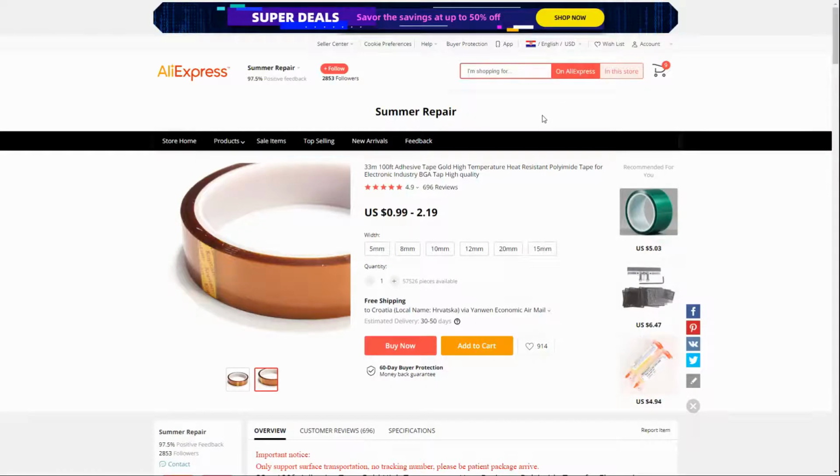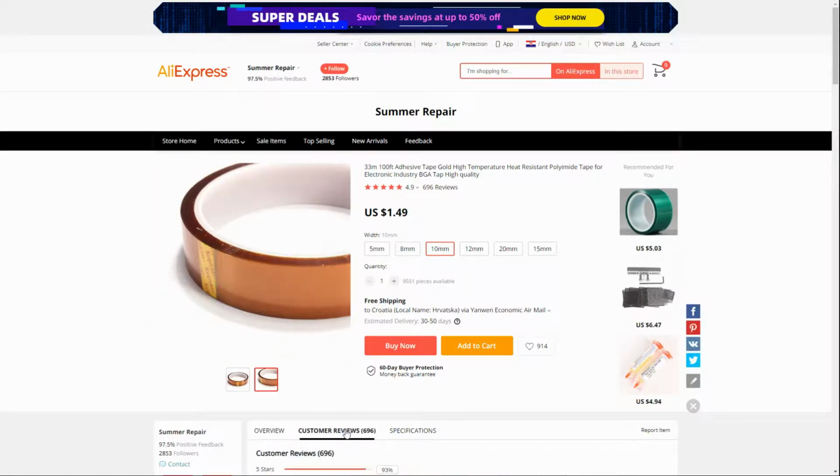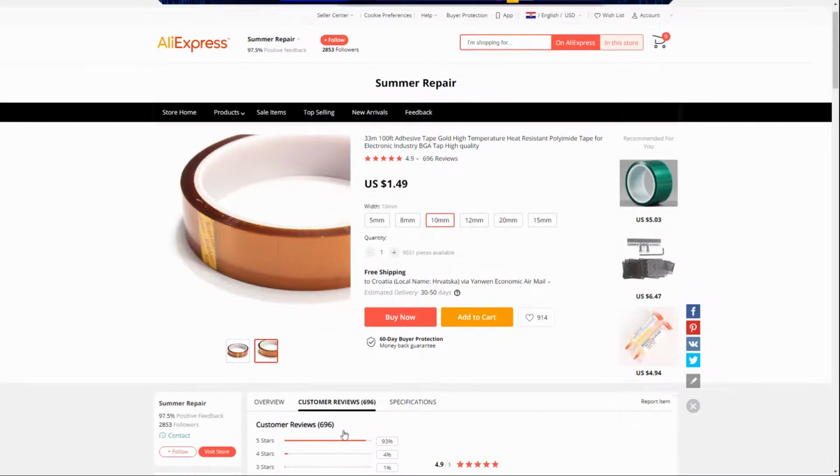Okay. This is the listing for the Kapton tape or heat-resistant polymer tape. I bought 10mm, 1 centimeter wide. The cost was $1.49 and it included free shipping. I think the goods arrived in around 3 weeks. The shop is Summer Repair, 97.5 positive feedback, and as far as I've seen, more or less they have good